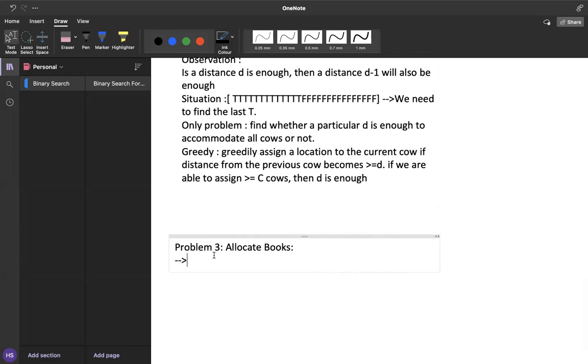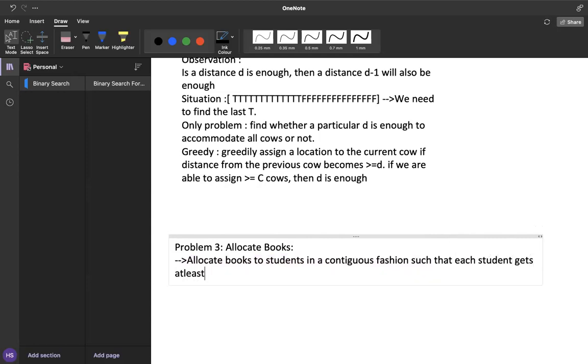The problem goes like this: allocate books to students in a contiguous fashion such that each student gets at least one book, and the maximum number of pages allocated to one student is minimized.